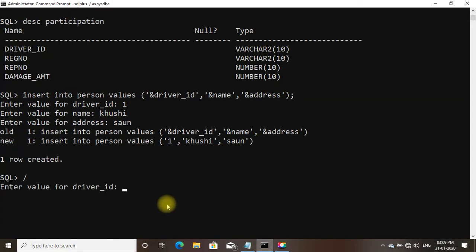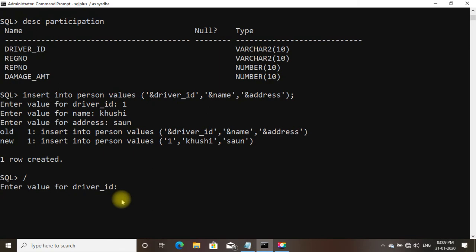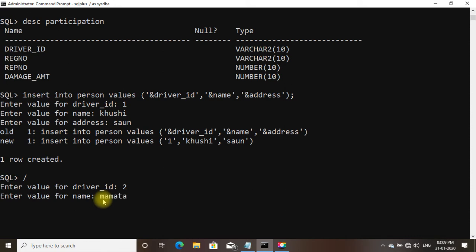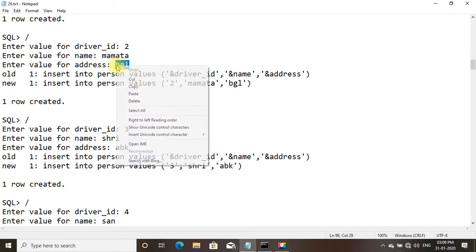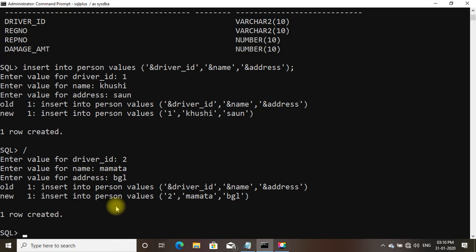Again it will ask to enter the value for ID. ID is 2. Just enter it. Enter the name, Mamta. Enter the address, BGL. So you can see one row is created.